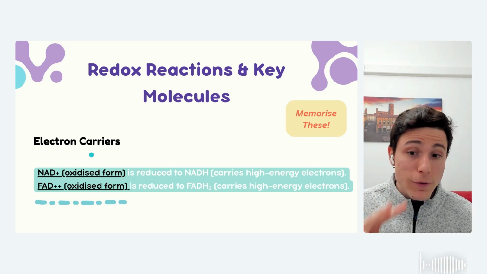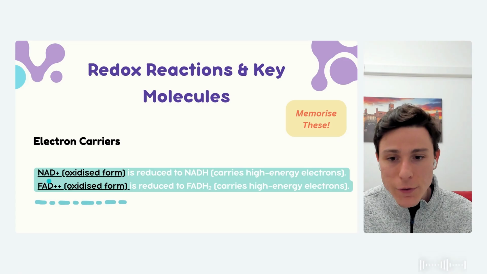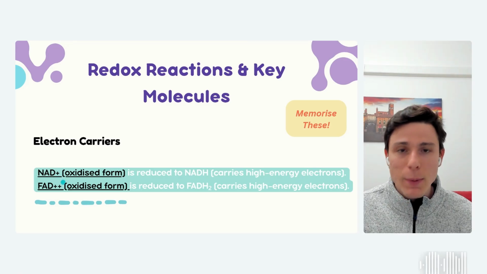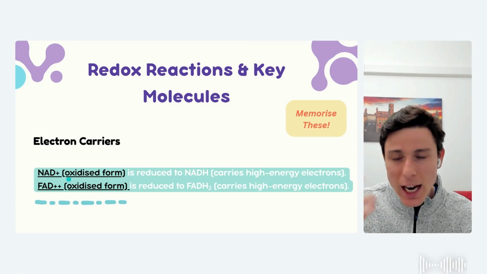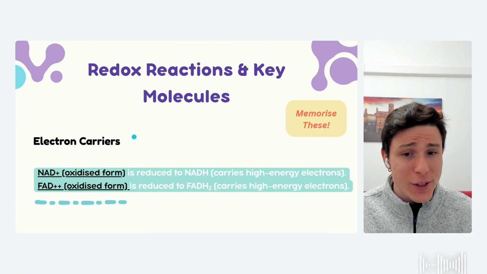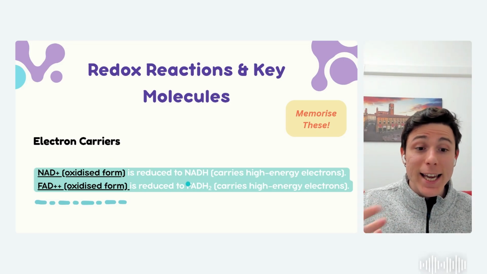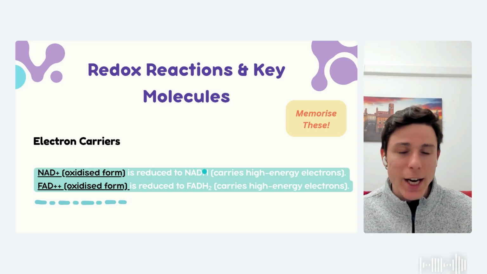Now, there are two different forms we can find these elements in our body. It is by the oxidized form. That's why we have a little plus here. Remember from chemistry, whenever we have an ion that has a plus, we're going to have a cation. I don't want to bring any PTSD memories here, but this can help maybe to remember. And on the other hand, we're going to have the NADH. That's the form that is reduced. It's carrying the electrons already.